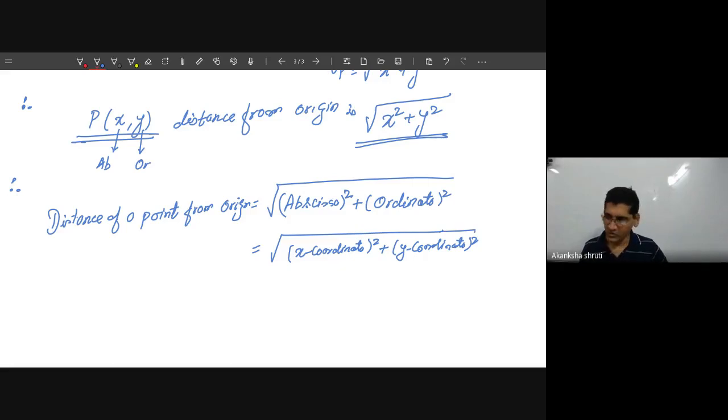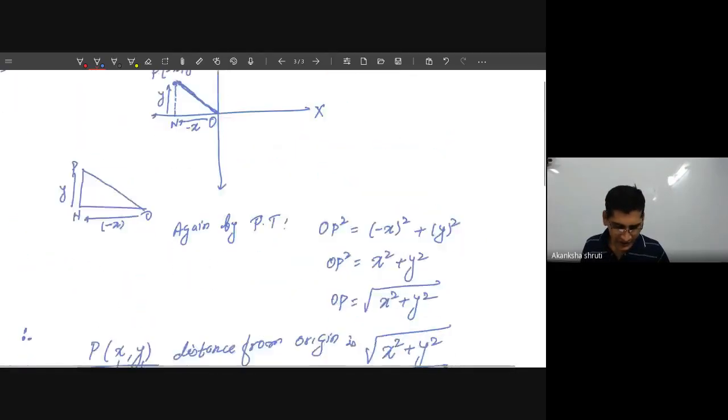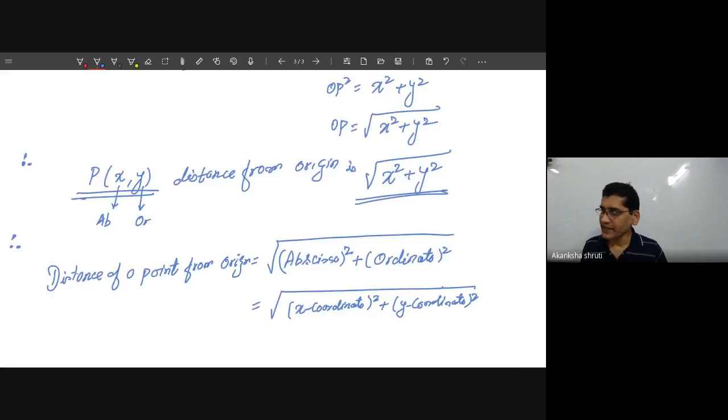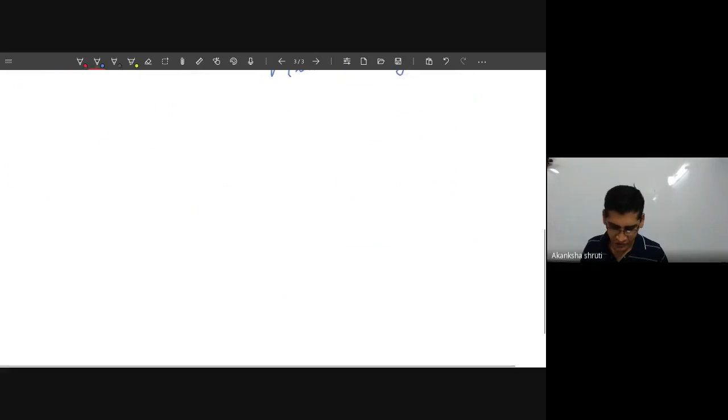It is so simple a thing. No need to draw even the figure. And whatever the sign you are considering, that is important, but on taking the square, you will always get a positive number. So it is one thing. Now, applying this concept, we can get the distance between 2 points by the same method, by the same formula. So how it gets modified, that we have to learn.